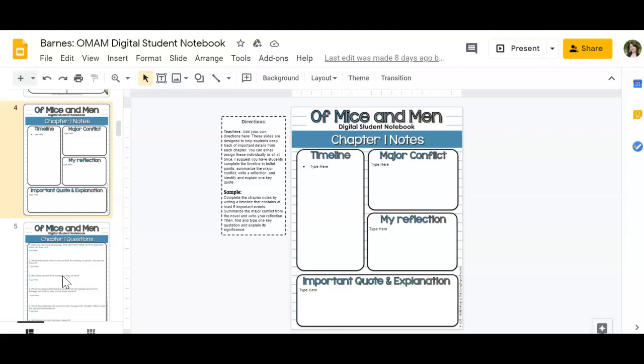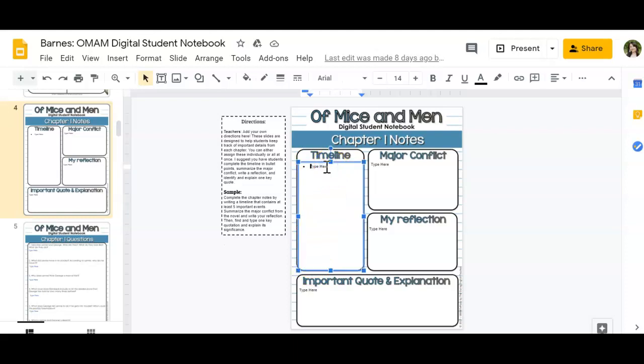So this is slide 4. Basically here on the timeline portion, what I want you to do is just give me a bulleted list of everything that really takes place in Chapter 1. It doesn't have to be lengthy. I'm just looking for a couple bullet points. It doesn't have to be complete sentences. Just quick little bullets of this happened, this happened, this happened in Chapter 1,